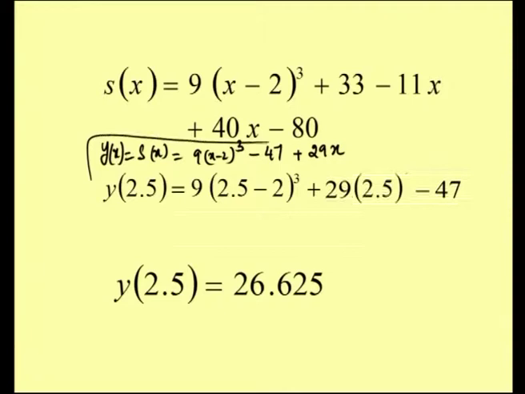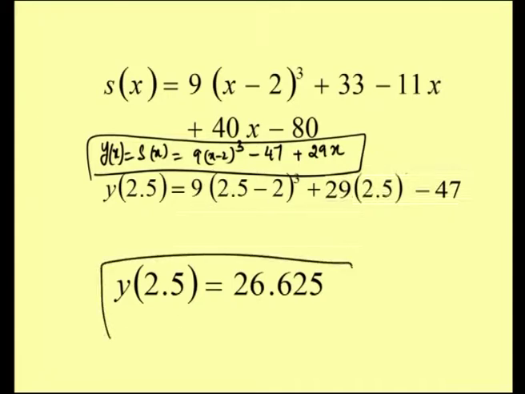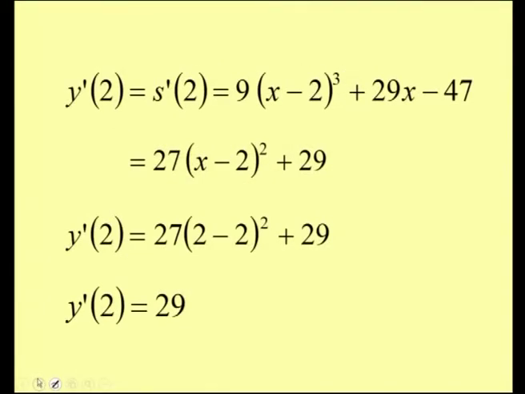So, this is the cubic spline equation we have found, and by substituting x is equal to 2.5, we can find y of 2.5. So, x is equal to 2.5 is substituted and we get the value of y of 2.5 as 26.625, and for y dash of 2, which is s dash of 2, it is 27,